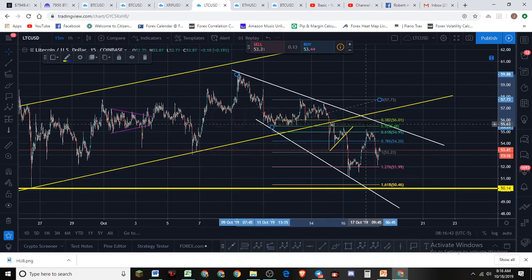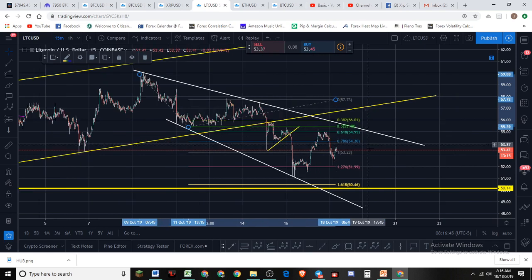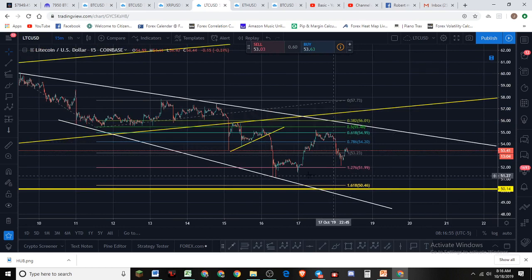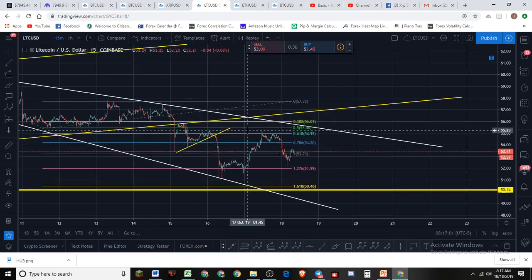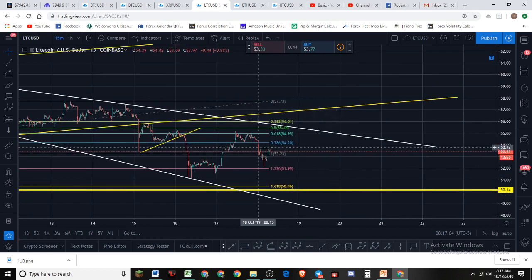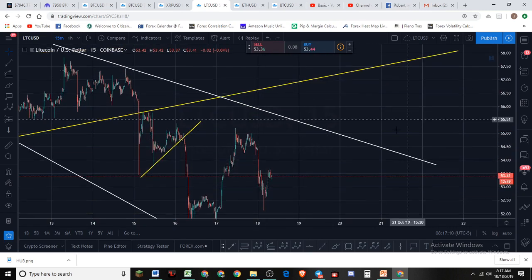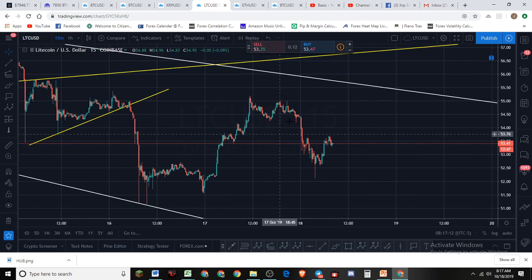We get a kind of an impulse off of that, but the problem is it's not a 5-wave impulse. It's just a 3-wave impulse. In other words, it comes up past the 1618, but it doesn't give us the 5 waves we're looking for. It gives us 3 waves. So I'm looking for 5 waves to come down, unless we get a 3-wave move here, because when we look at this particular wave coming down right there,